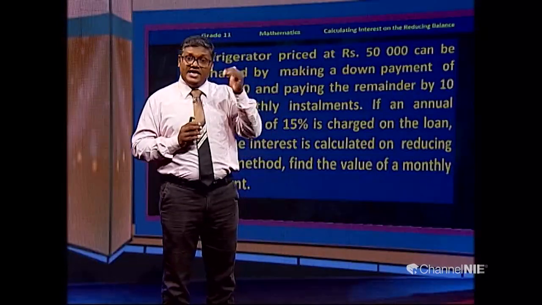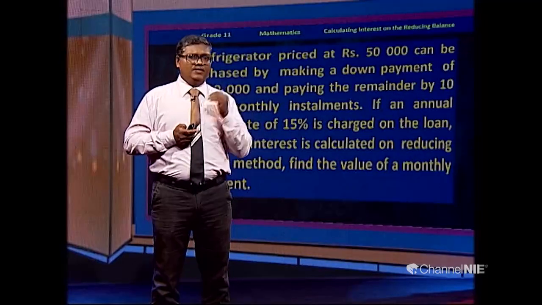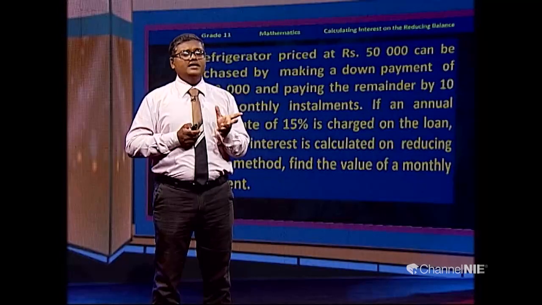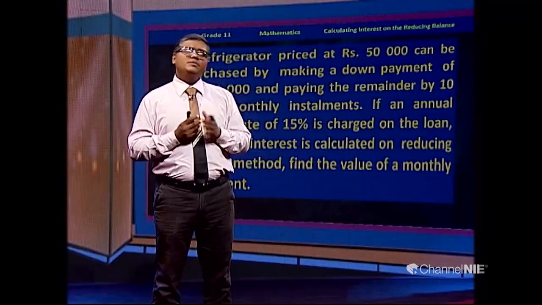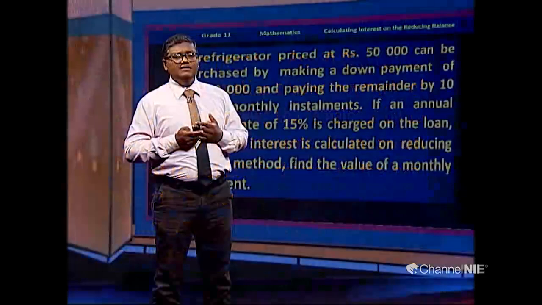Now we can go to another question. Here I am not going to work out this question in the step by step method. That means first month interest, second month interest, third month, because there are 10 equal months. You have to pay it in 10 months. There should be 10 months calculation. Therefore I will use the steps. Now you are familiar with the steps, you can watch this again and again and get an idea, because this is a very simple part. Once you arrange the steps in your mind, this is very simple. Calculations are very simple. You will be getting very simple sums for multiply and divide.